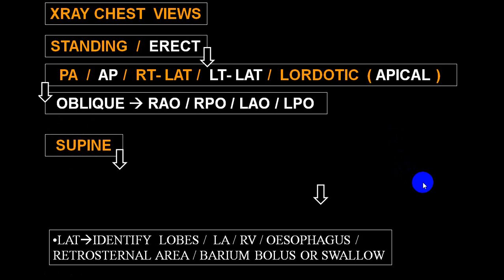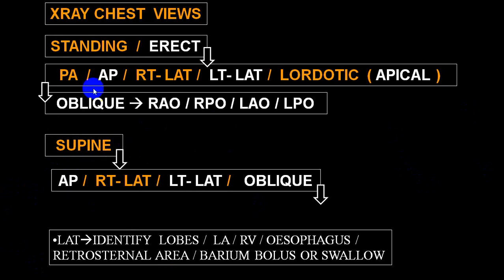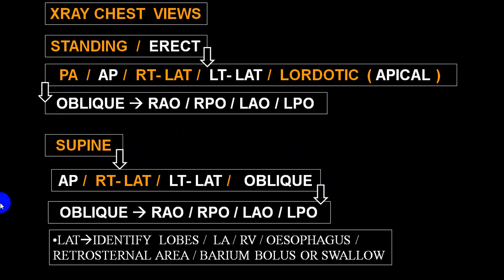Supine is usually asked in a person who is bedridden or who cannot stand up. So in that position, you ask for supine X-rays. By and large, in a supine X-ray, AP view is the most common view. You cannot have a PA view; it is very, very difficult to have a PA view in a supine posture. In supine posture, you can get right lateral, left lateral, and even obliques sometimes, if required. And in an oblique, you can go for right anterior oblique, right posterior oblique, left anterior, left posterior obliques.